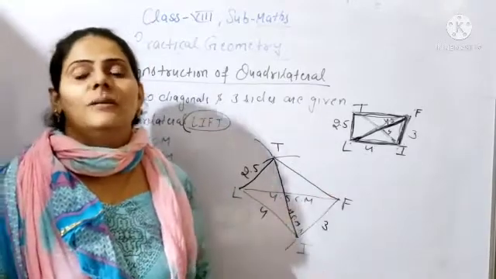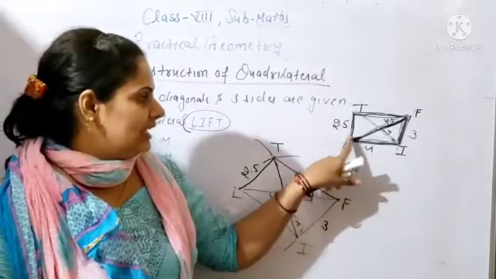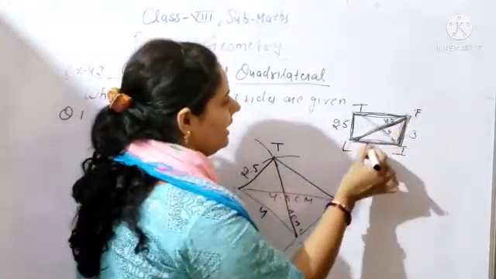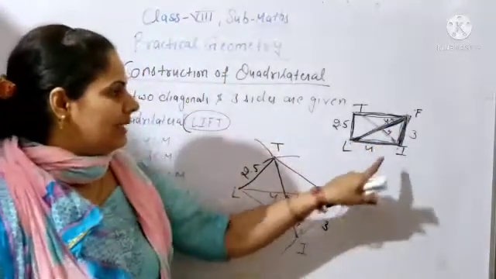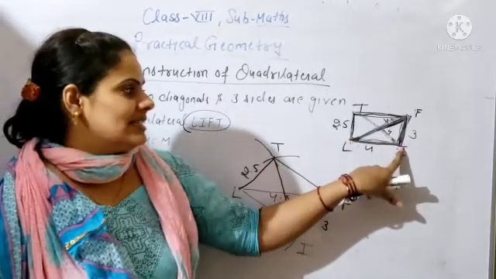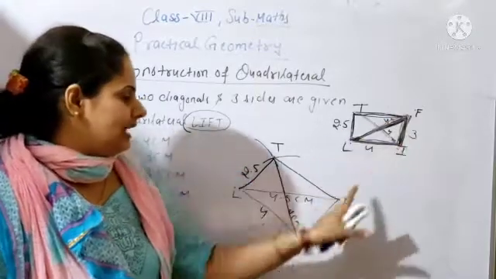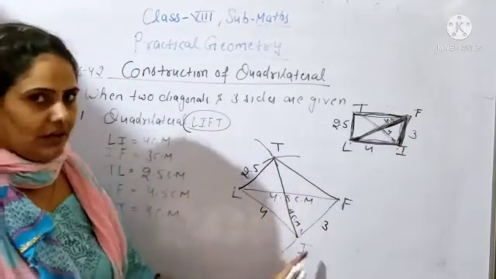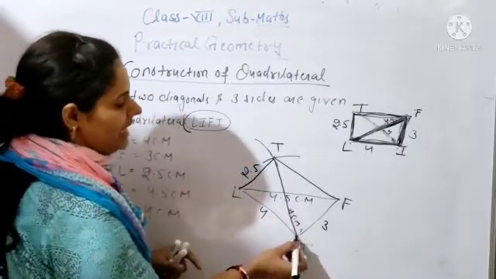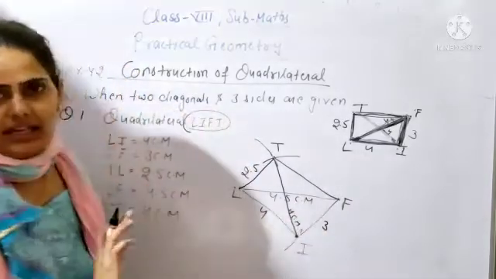So first what will you do? We will complete the downwards triangle. Here LI and FI, both the lengths are given, so we will complete this triangle LFI. For completing the triangle LFI, from point L we will open the compass 4 centimeter and draw the arc downwards. From point F we will open 3 centimeter and draw the arc downwards of the line segment LF, and the intersecting point of both the arcs is point I. Join the line segments LI and FI. Clear?